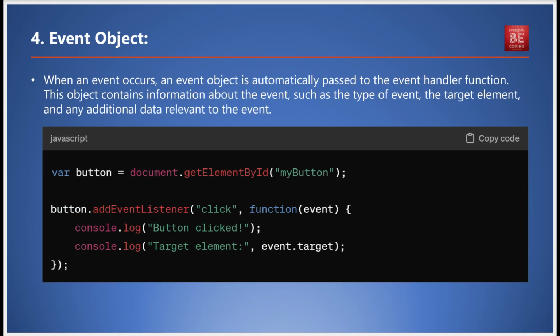Lastly, we have the event object. When an event occurs, an event object is automatically passed to the event handler function. This object contains information about the event, such as the type of event, the target element, and any additional data relevant to the event. For example, we can log the target element to the console every time our button is